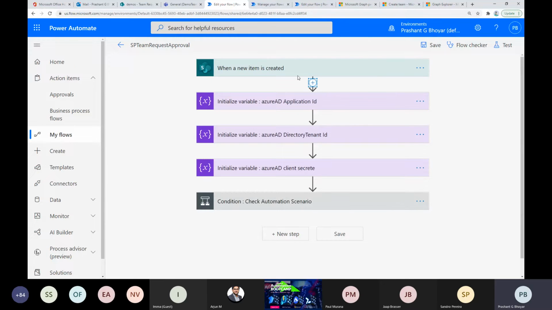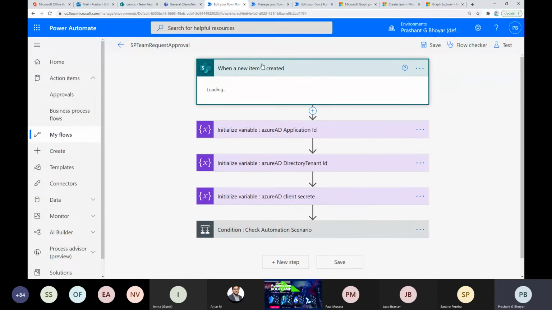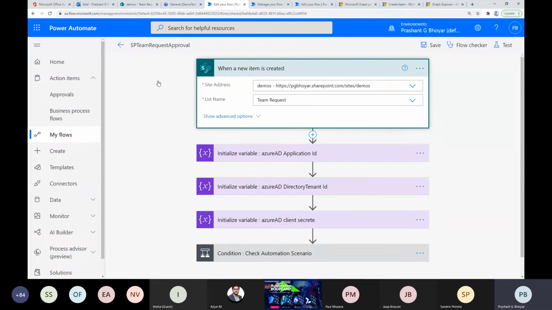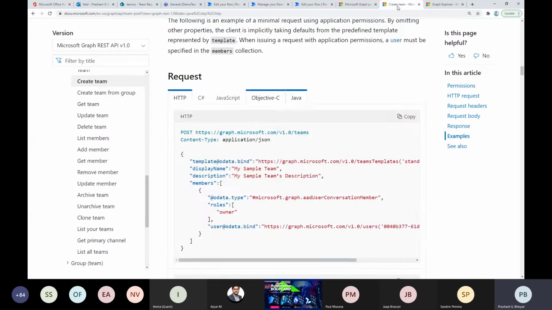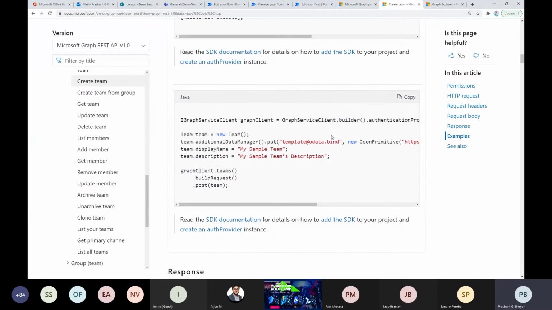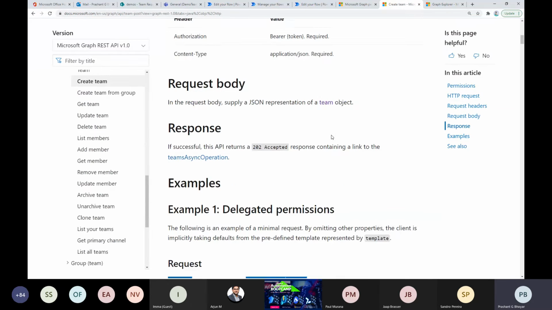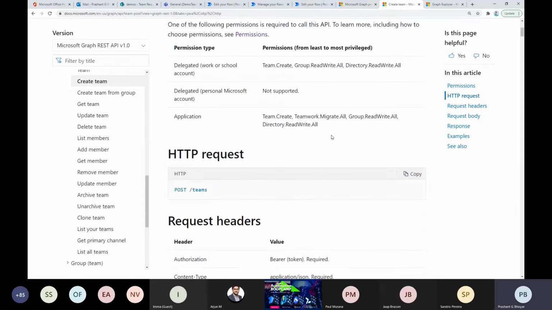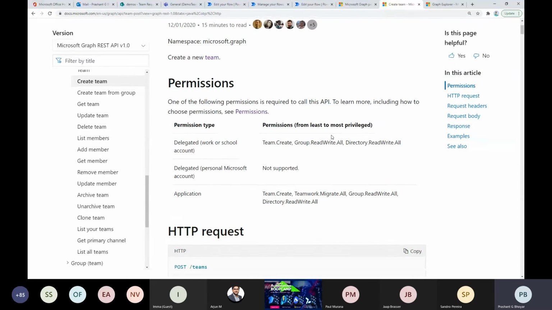Okay, so the trigger is very simple. Whenever a new request is submitted, this flow gets started. Now you'll see three variables which are getting initialized after this. Now let's talk about why we need these three variables. Again, if you go back to the create team, and if you go onto this page, you will see the permission information, like what kind of permission you need to execute